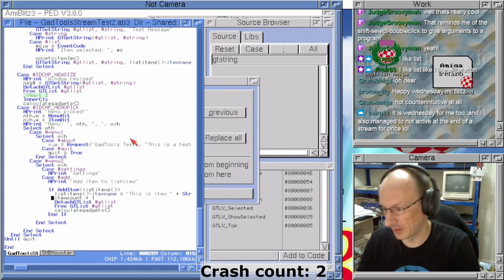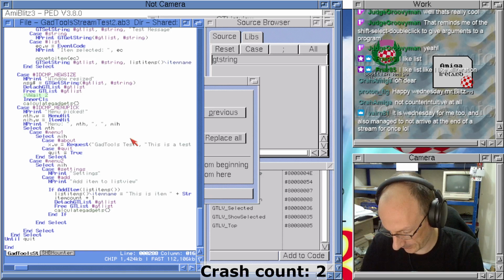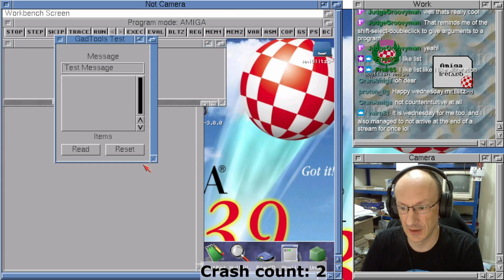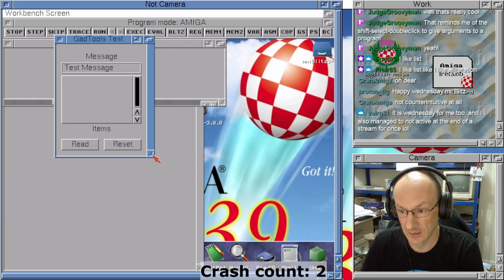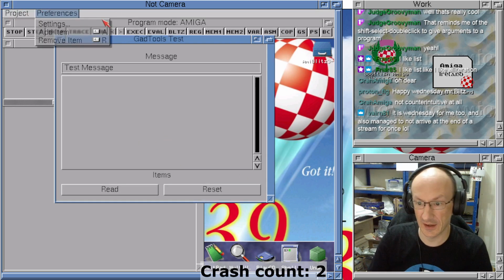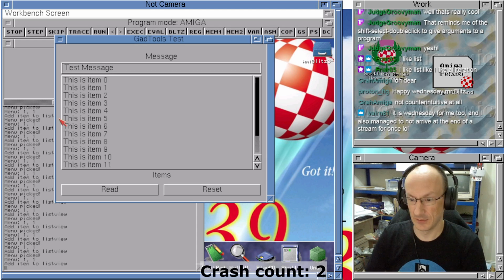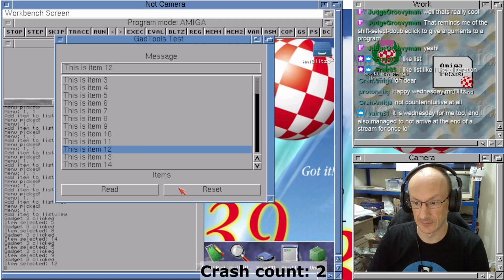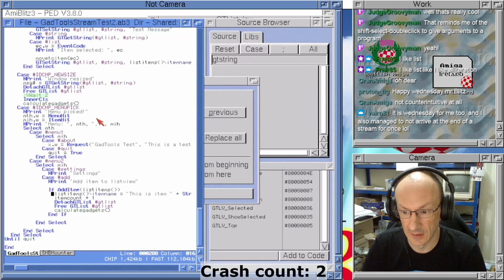We're probably going to be another little while and then we'll finish up. We're faffing about a bit, but we're getting there. We've made a little program with GadTools list view and got rid of all our graphical glitches when we were resizing windows, but GadTools resizable. We can add items to our list. We can add items with our keyboard shortcut. We can select them. We can scroll up and down. And yeah, that's it. So what we're going to do is,